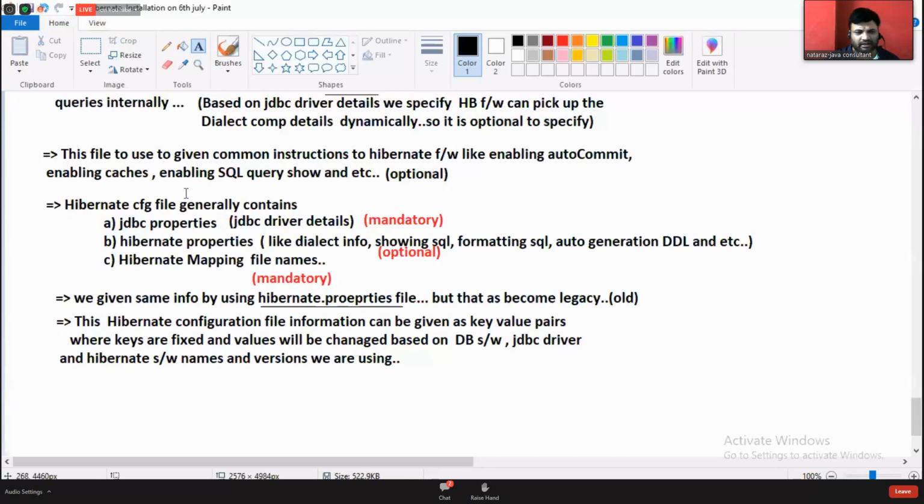Everyone got the clarity there or not? We provide this information as key value pairs, either in the XML file or properties file. You will get the idea when I show a sample. It's not like that. Keys are fixed. Nearly 1,000 plus keys are there. Are you understanding my point? And you have to give the value according to